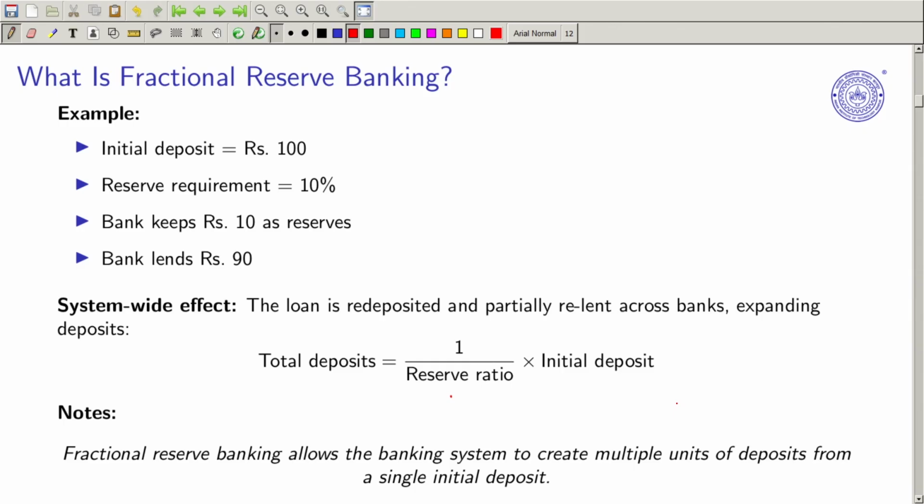Coming back to how it works, we saw with a simple example how fractional reserve banking works and why it is very important. I hope this has helped you understand the behavior of the fractional system. A 10 crore deposit with a 10% RR creates 100 crore of deposits and 90 crore of loans, and this is the beauty of the banking system, why everyone talks about it and how critical it is.